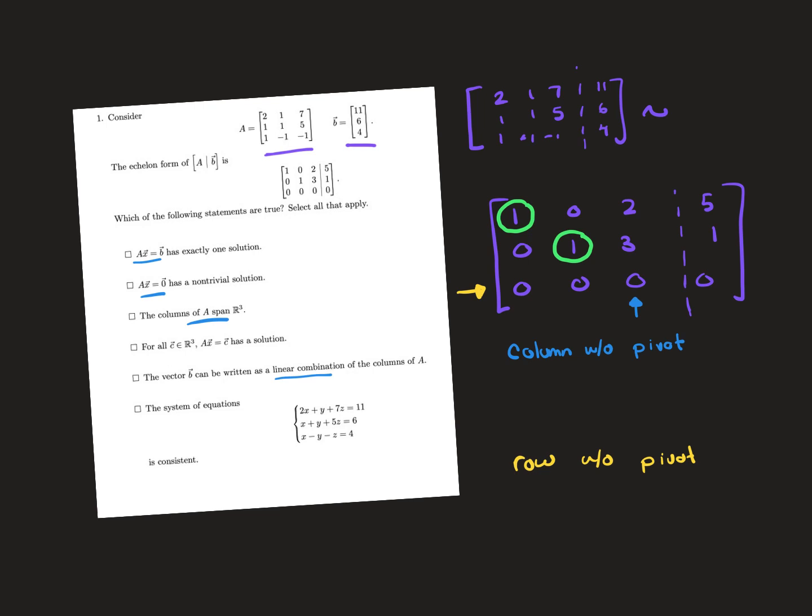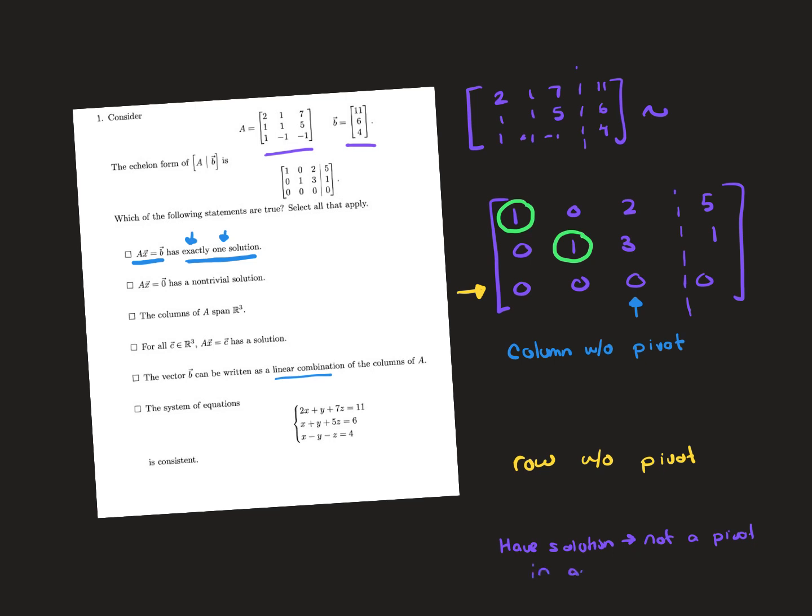So let's go ahead and read each of the individual options we're given, and then use this information to see what piece gives us what. The first one says that AX equals B has exactly one solution. There are two different things I need to know: that it has a solution, and then that it has only one solution. In order to have a solution, I need to make sure that there's not a pivot